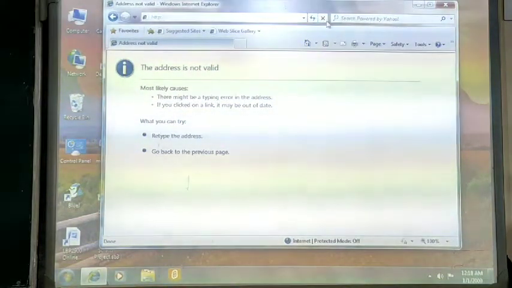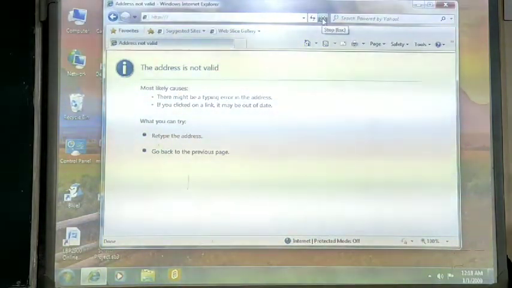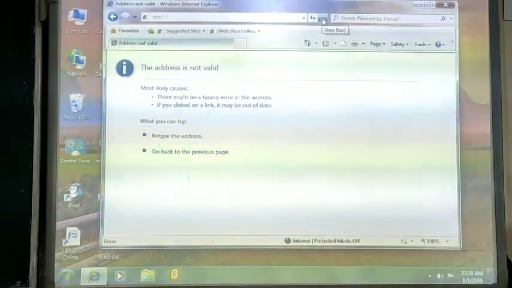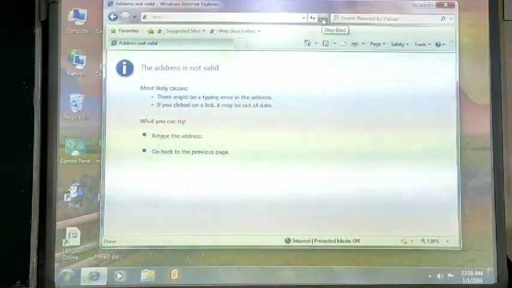Another thing along with the refresh button is the stop button. The stop button is used to stop the web page from being displayed while it is still opening.